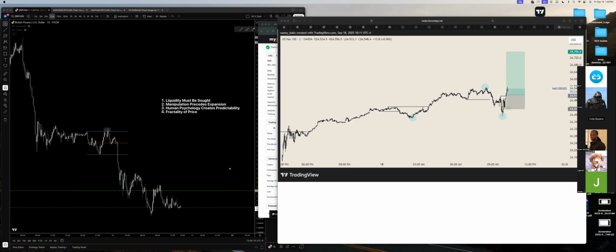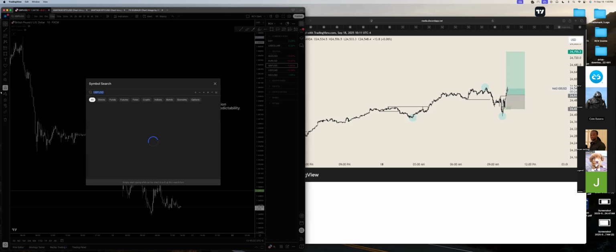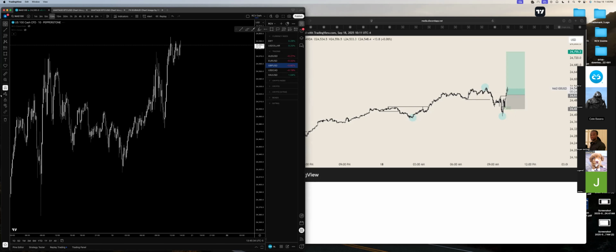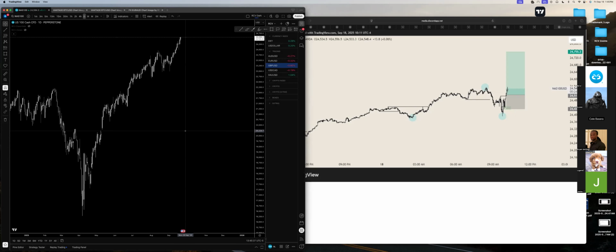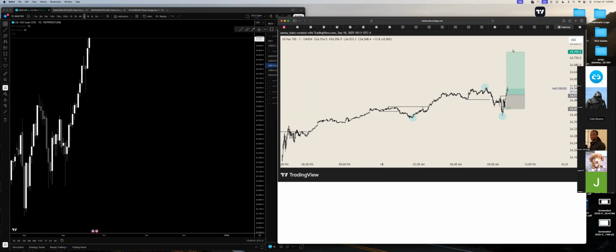That's a big reason why I've been staying a little bit away from gold. I don't like trading at all time highs, because if we're at all time highs, is this at all time highs right now? It is at all time highs now. So if you have all time highs, how are you determining a target? You see what I mean? I'm not saying that the trader's idea is wrong or anything like that, but it's harder to judge a target whenever we're at all-time highs.